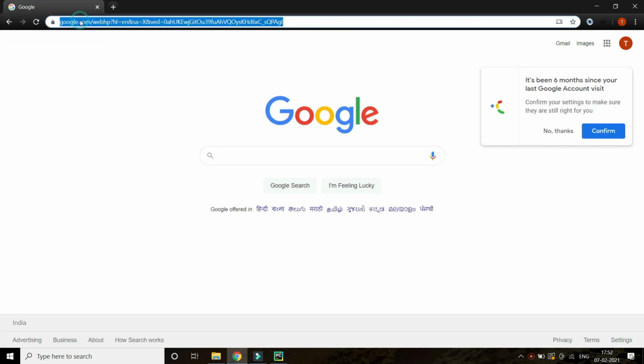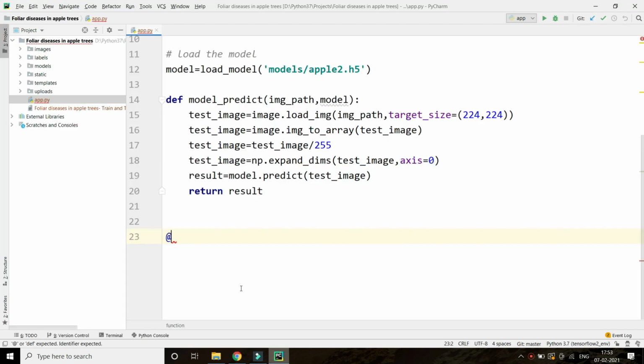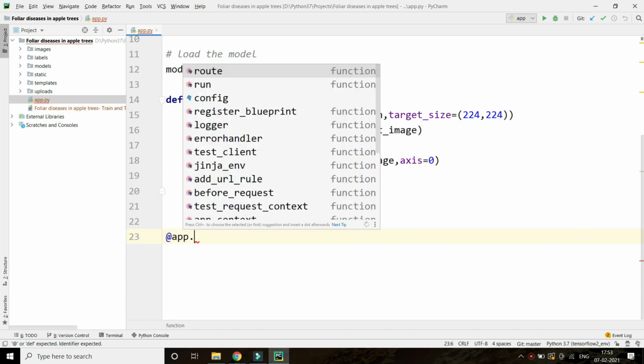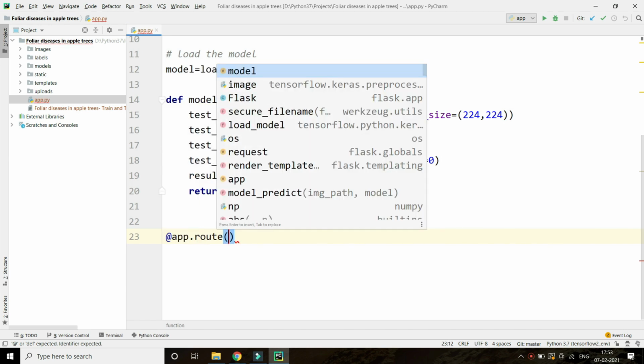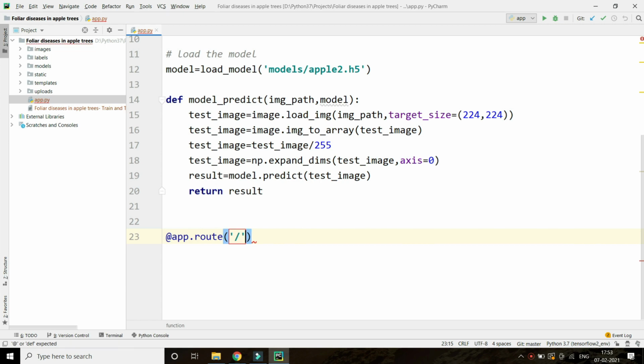If you see clearly, https://google.com/ and after this slash you have some address. Similarly, we're going to have our home page. So app.route. In this route, in the home page, that's why I'm giving this slash. On the home page itself,